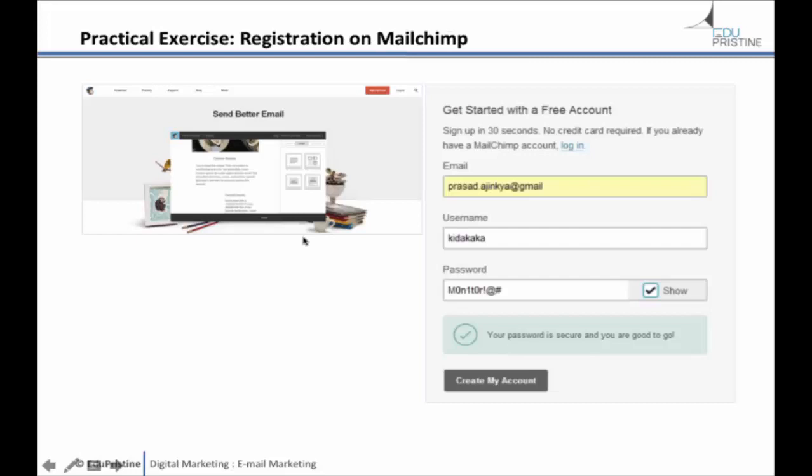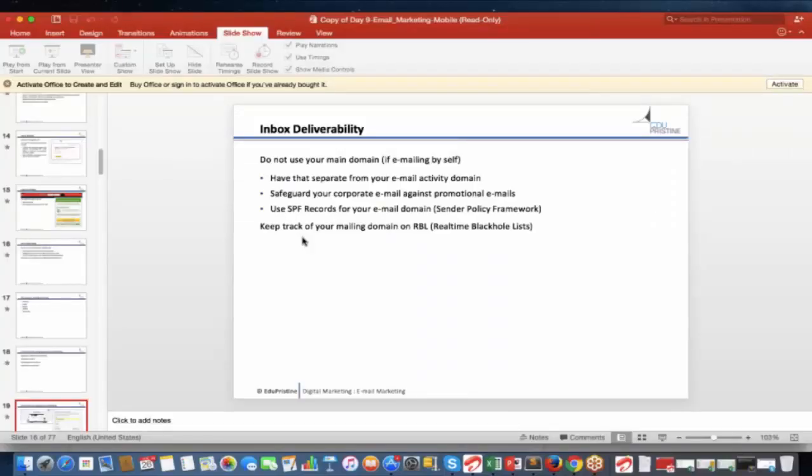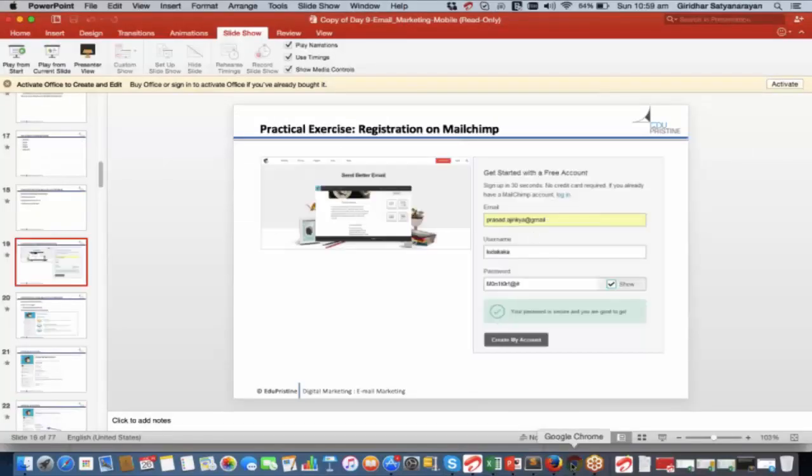So all that you need to do is go to mailchimp.com and register yourself. Everybody go ahead and create an email and an account in mailchimp.com and let me know the registration.